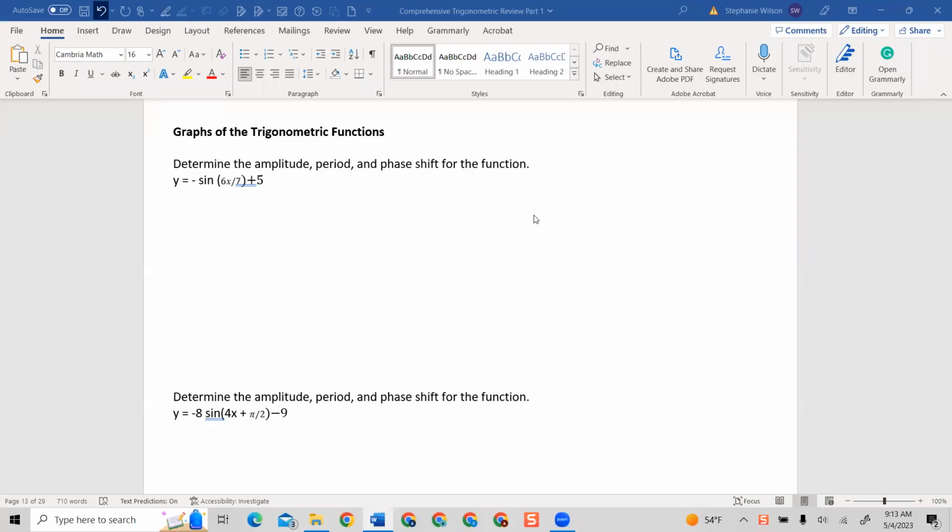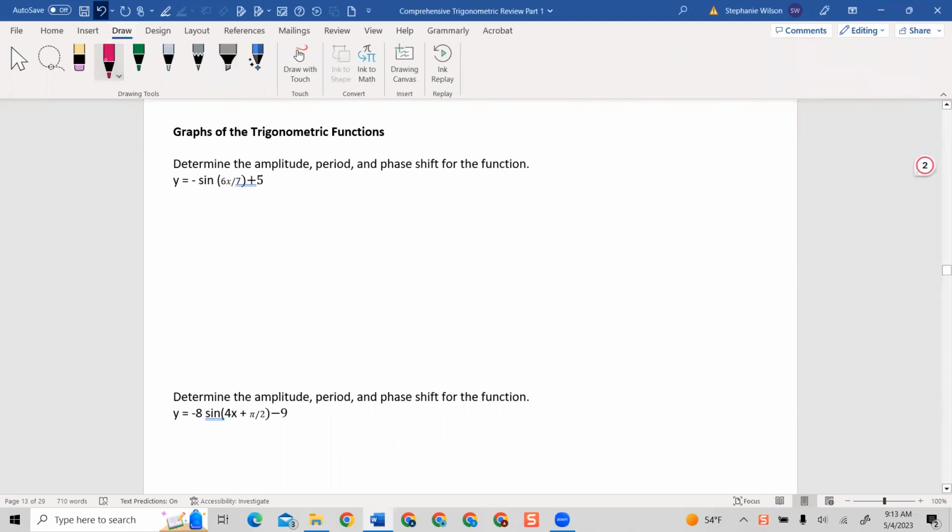Graphs of trigonometric functions. So let's determine the amplitude, period, and phase shift of this function. When we do that, going back to the formula where we have y equals a